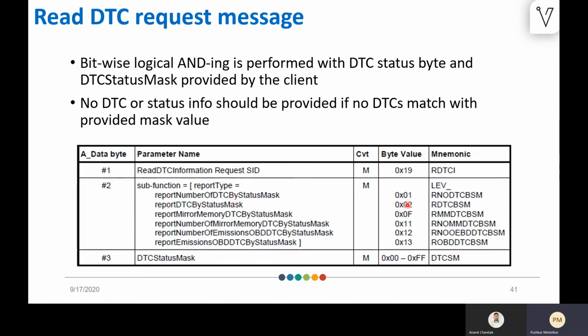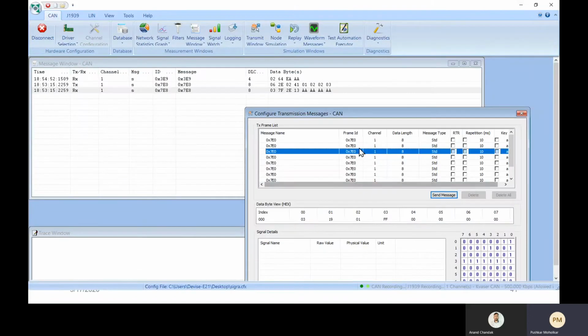Or if we send a sub function value of 0x02, then it will send a DTC list that is present in the vehicle. So in this request, we will be querying the number of DTCs that are present in the server,